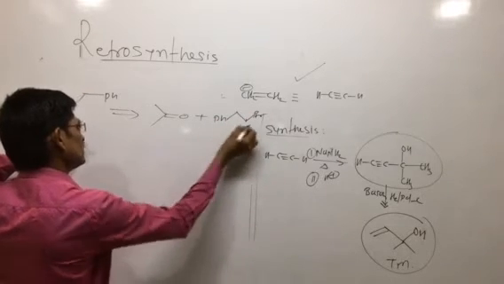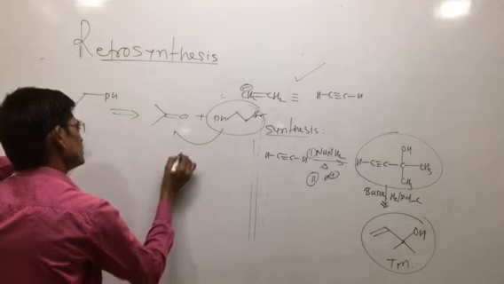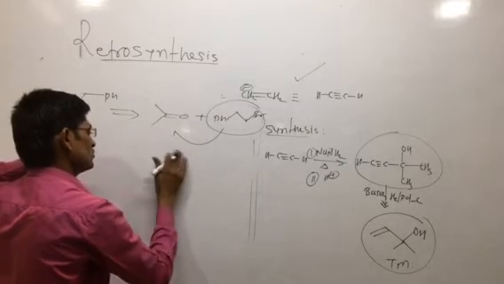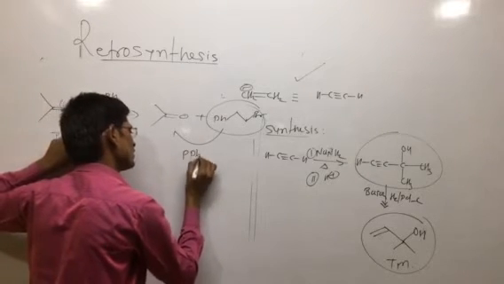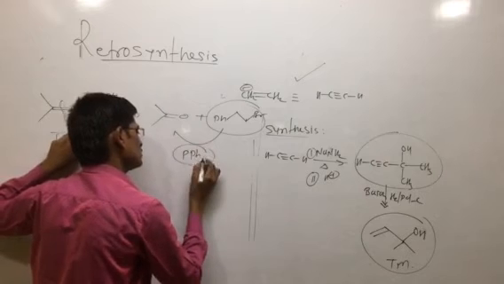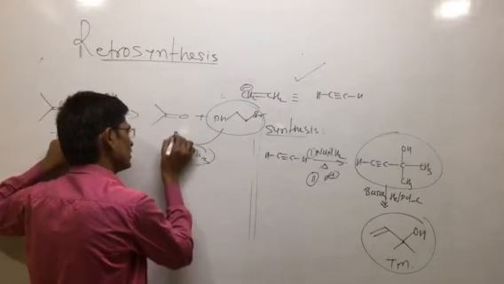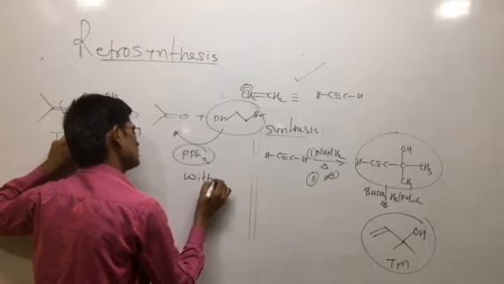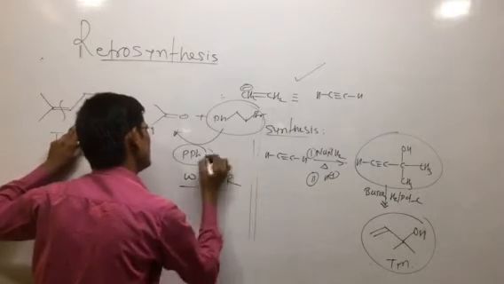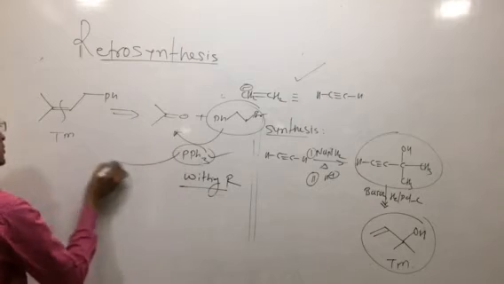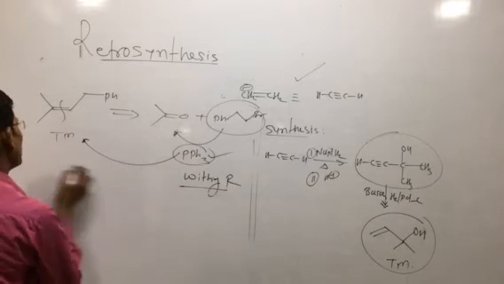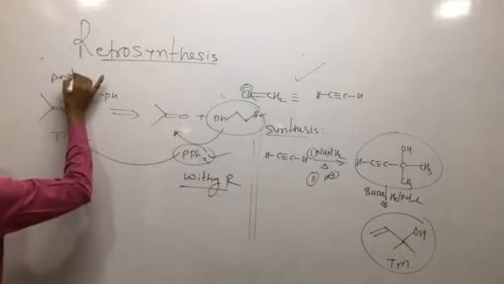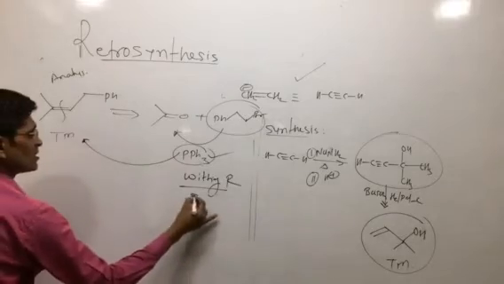So this reacts with this species using this PhCH2Br and PPh3, triphenylphosphine. I am telling you that this plan of synthesis is a type of Wittig reaction. This is a Wittig reagent, then formation of this type of product. As you can say, this is the analysis followed by synthesis.